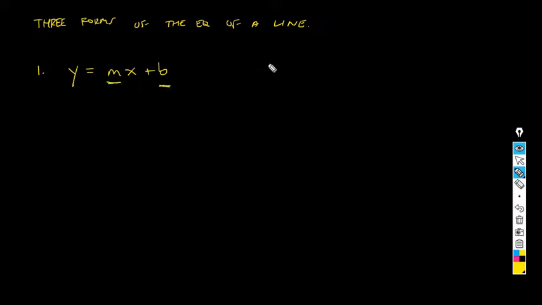For example, suppose that we have a certain line such that its slope is 2 and its interception with the y-axis is 1. Then I can write its equation in this way. Y equals 2, because that's the slope, x plus 1. This would be the equation